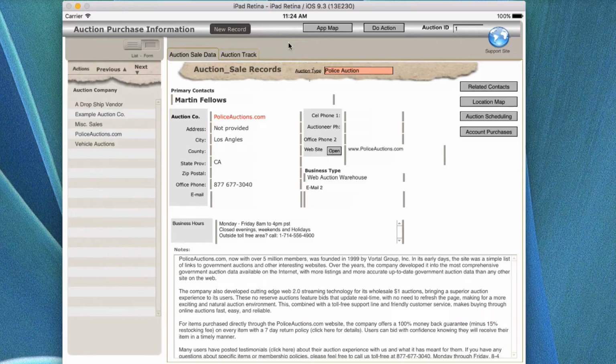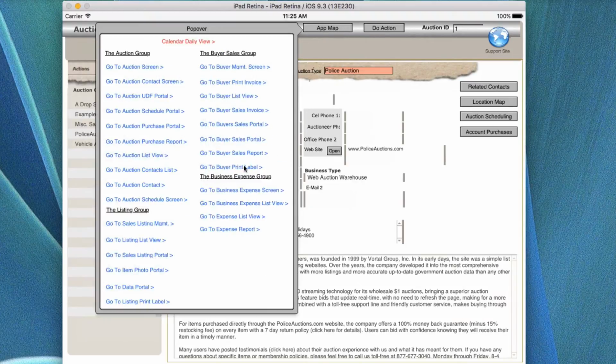But some of the big ones, like I said, the biggest of most of them that I've talked to people about, is going to estate sales and then reselling items that you buy, including things like books, furniture, and so forth. By the way, this application does include invoicing and buyer information in the list view, buyer sales invoice,